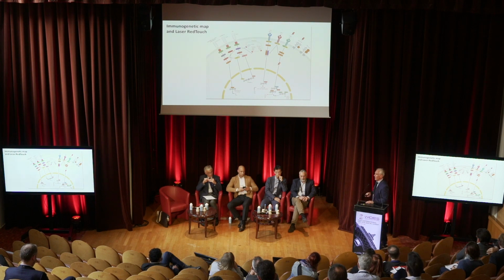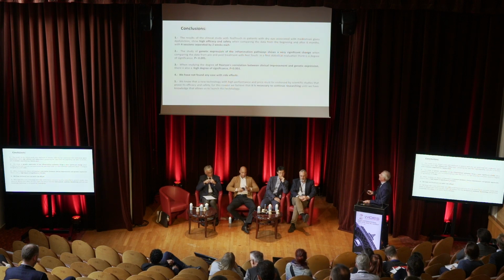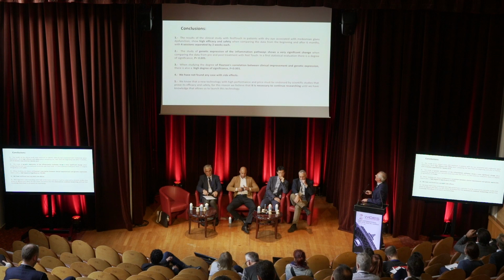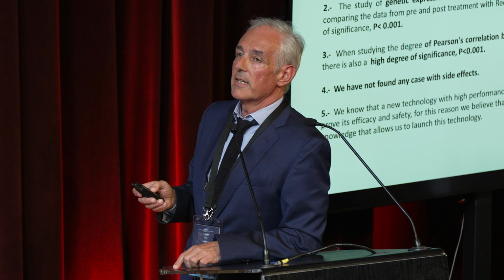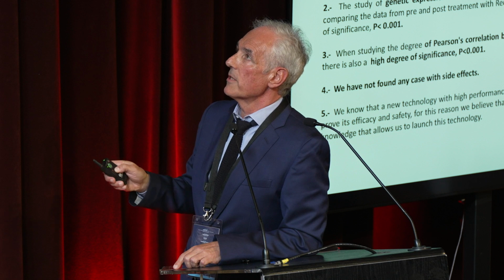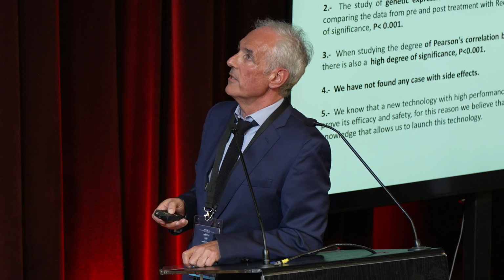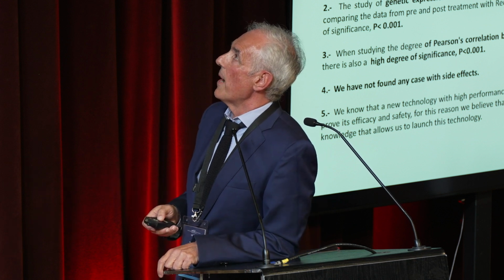Of course, it's really important to understand what happens when we use treatments, for instance cyclosporine, other pharmacological drugs, or any other technologies like the new laser. So, in conclusion, we can say that the laser, in this case the red dash, the 675 nanometers laser, can improve our patients. We use 4 sessions separated by 2 weeks each session, and the genetic expression of the inflammatory pathway shows a